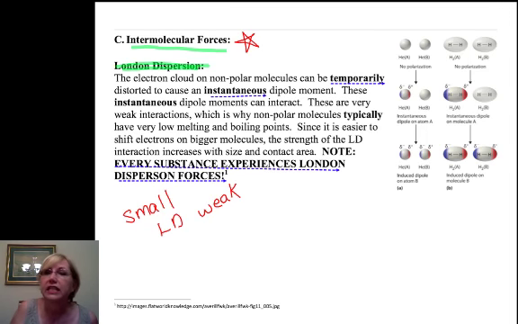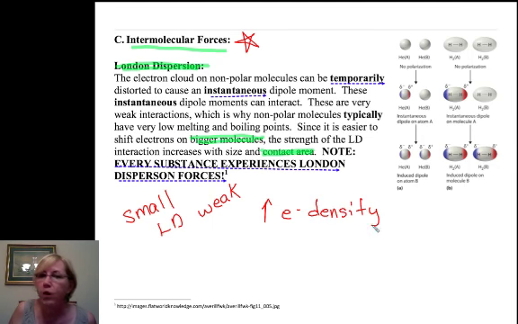But if we're dealing with very large, much bigger molecules, especially molecules that have a lot of contact area, then we have a significant electron density. And as you increase the electron density,